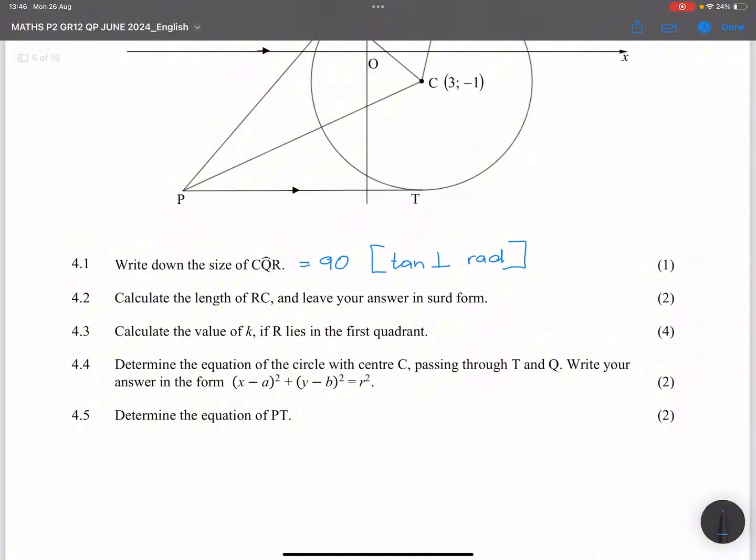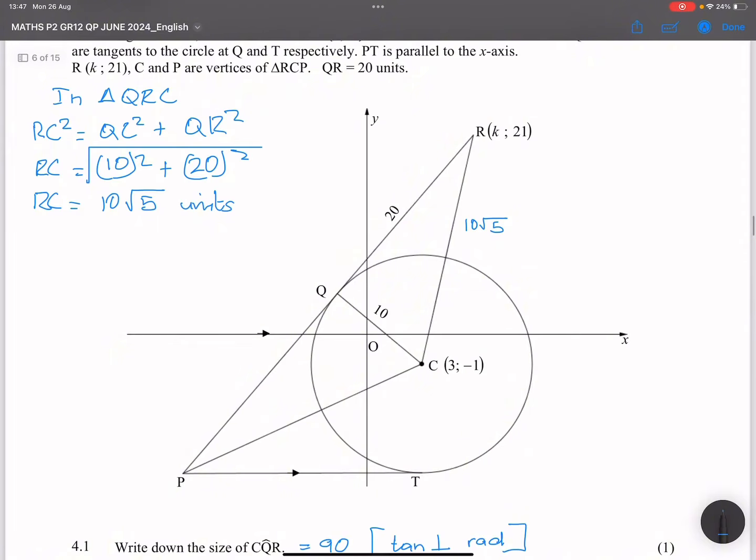Right, now they say to us, calculate the value of K if R lies in the first quadrant. All right, so we're looking for the value of K. Now remember, we already have the length of the line RC, and so in this case, we can use that to determine the value of K. I know that RC is 10 root 5. So that means RC is equal to the square root of